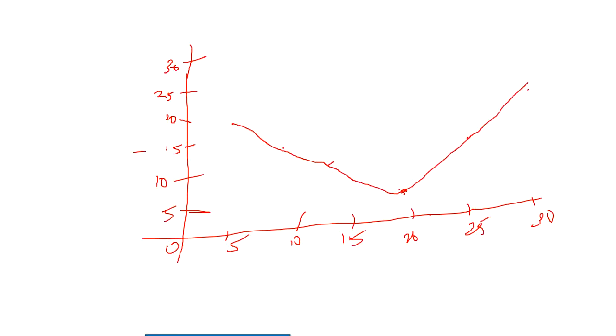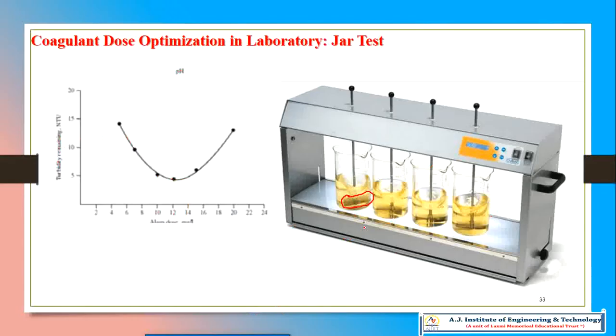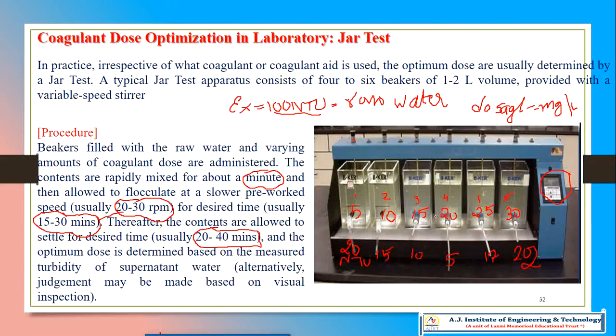So at the dosage of 20 milligram per liter, you had a very good removal, so you should not exceed or decrease. So that is maximum removal, 20. So that 20 dosage is very good as per your graph. Okay. For example, this is what your jar test is going to say.